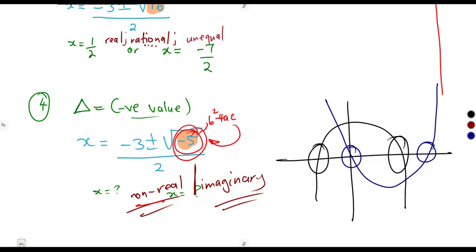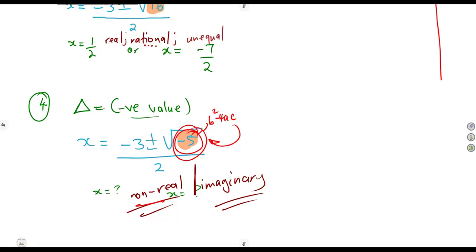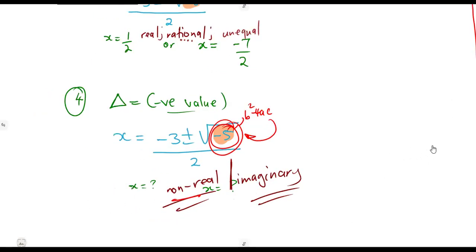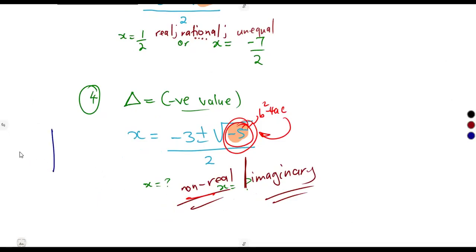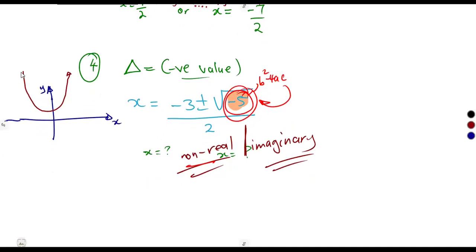x-axis. So in our case, when we say the roots are imaginary, they do not exist, it means graphically, if we were to represent this, we were going to have something of this nature, guys. This is our x and y axis. We're going to have something where the graph does not cross or pass through the x-axis. This is the condition when the roots are imaginary. They do not exist. Your f of x was going to be like this. Or you were going to have a condition like this, guys, where